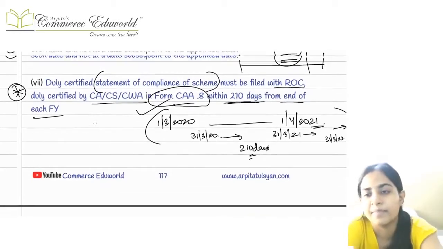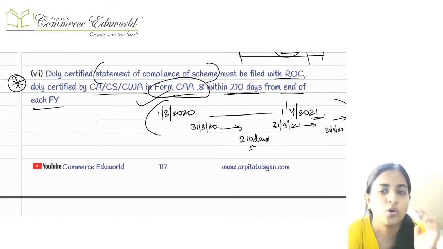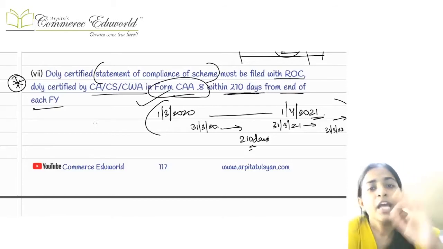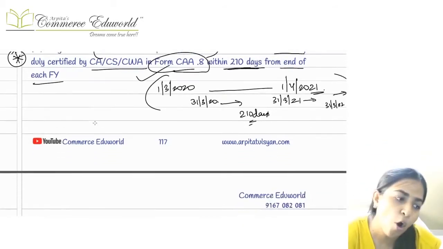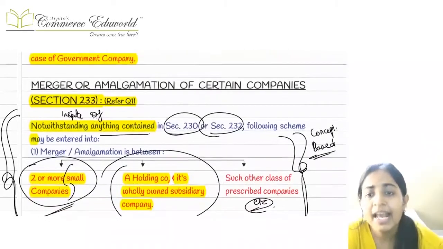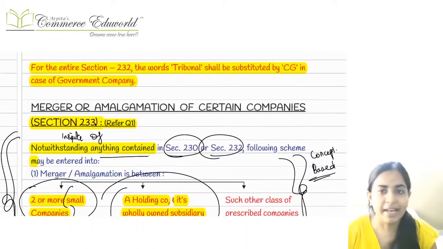Okay, this is important from MCQ point of view. I told in the regular lecture also, within a period of 210 days from the end of the year, you have to file a statement of compliance that all the compliance of the scheme has been done properly. Right, and in this case of merger amalgamation also,